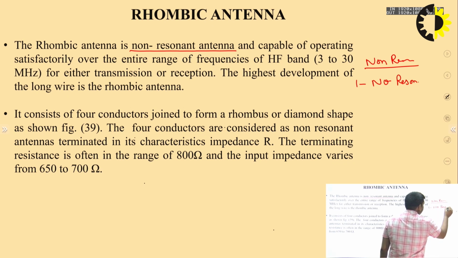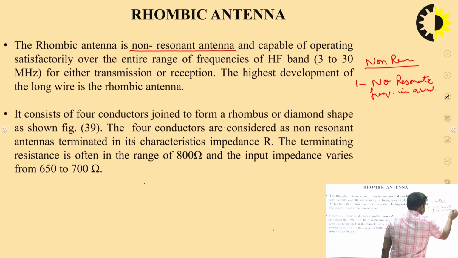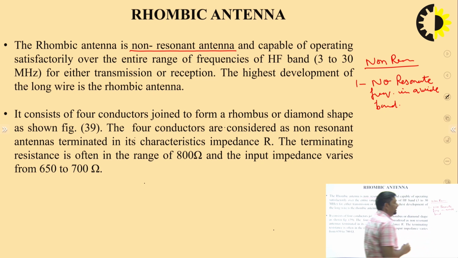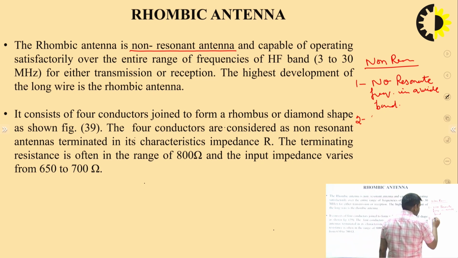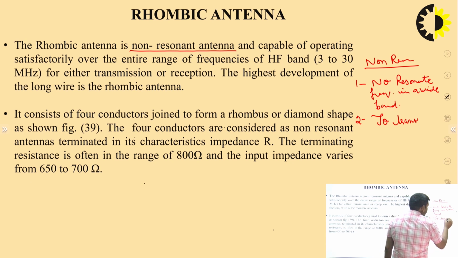First one is no resonant frequency in a wideband. This is the basic feature of a non-resonant antenna: no resonant frequency in a wideband. Second one is no transverse waves or reflected wave